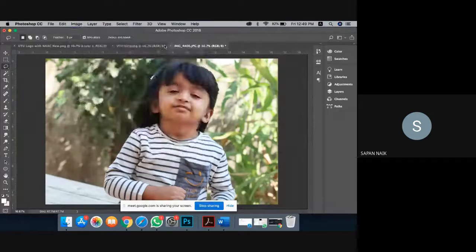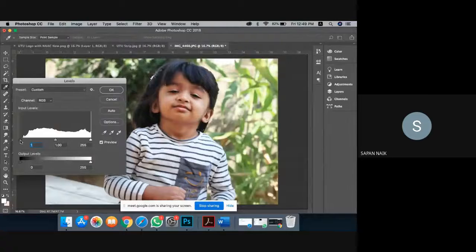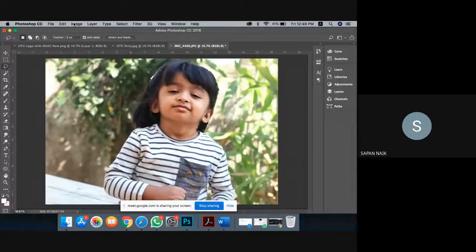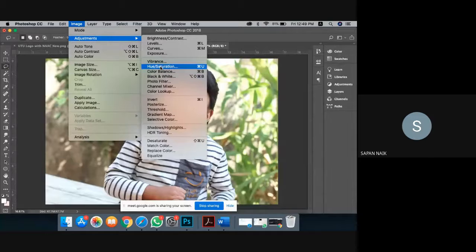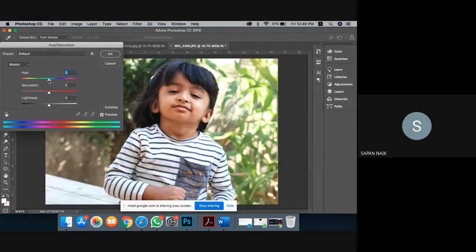So this is how you can apply adjustment. There are different things. Levels will give you more white and black color. Like, see, if I want to make it brighter, this is the thing. Always see the background. It got overexposed, right? So that is not that good. I need a green color of this, so try to make it suitable. Normally, when you see the images, they look more green, more yellow. That is because of the saturation. So there is a tab called saturation.